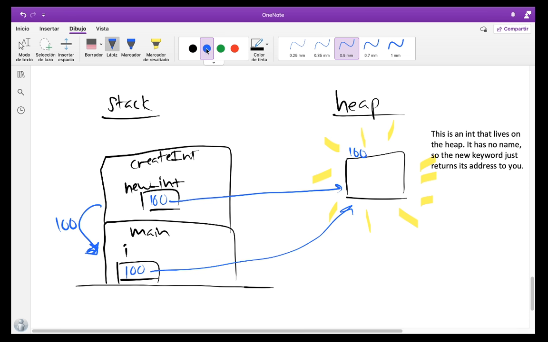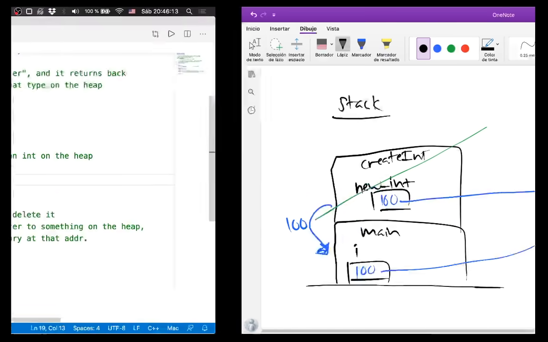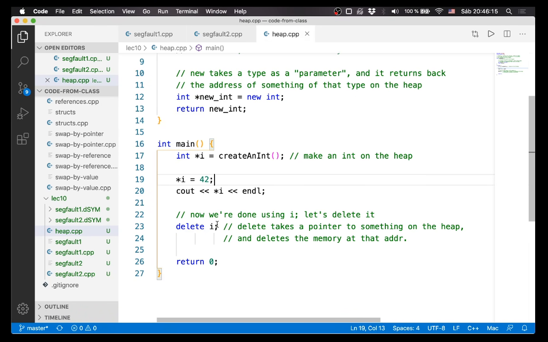And what just happened is create an int returned, right? This is gone. Right after it does its returning job, it did everything it needed to do. There's no space. Now all this gets reclaimed, right? It goes all away. Pretend it's in red. Now, main can still talk about this place on the heap because it lives as long as we want it to, until we delete it. So main can go and set it to 42, not a problem. And then once it's done with it, or whatever function it gives it off to, once it's done with it,